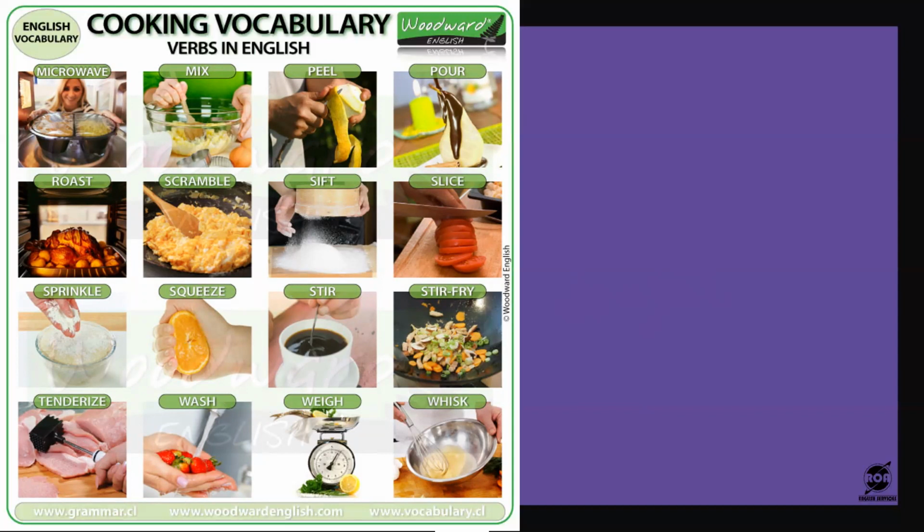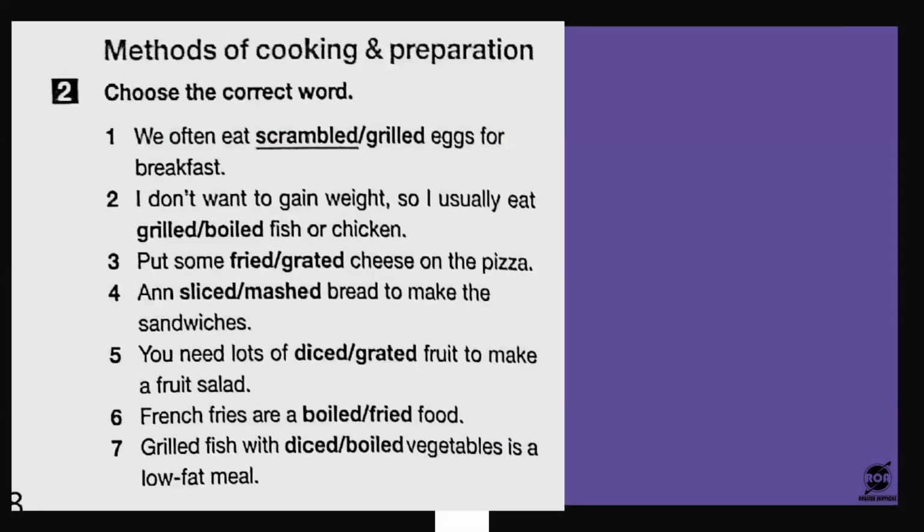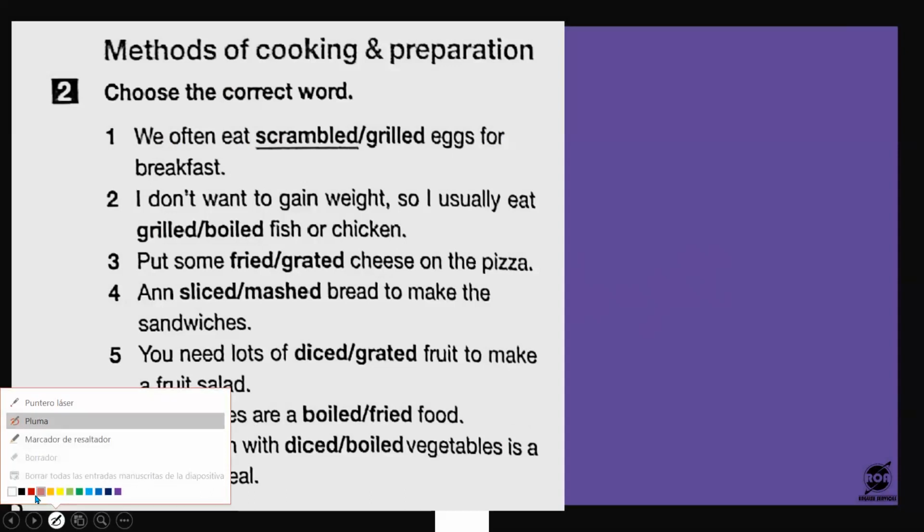Weigh is to calculate how many pounds something has. And then whisk is to use this instrument, a whisk, to mix the eggs. Of course, there are more verbs that you can read about on the internet. If we move forward now, this exercise is to check your comprehension, we will have here, let me use a different